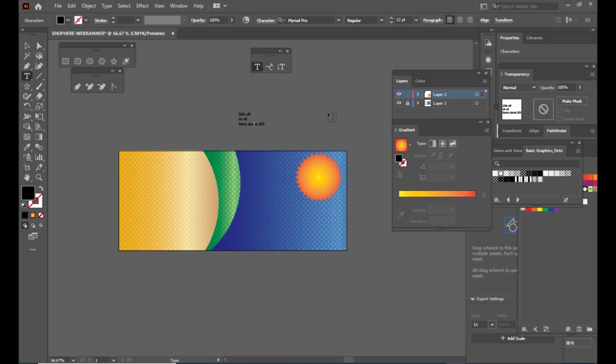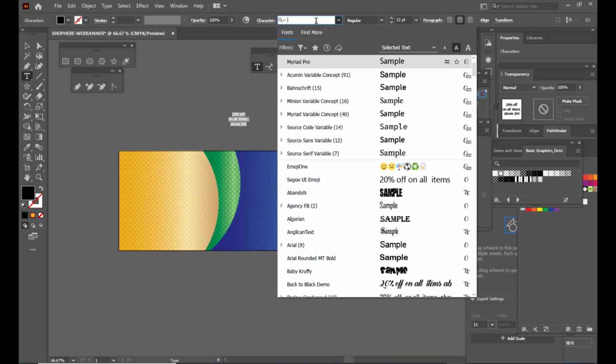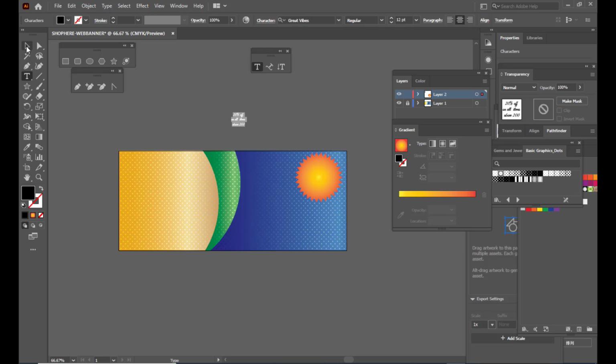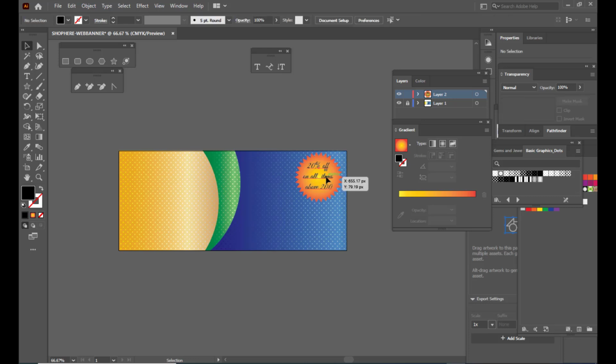So we'll just make it 3 lines of text. Right, and then we will center align the text. Here we have an option, align center, and also we will use a font which is Great Vibes. We'll select the font Great Vibes and simply keep it over here. We'll center scale it, and arrange it properly.